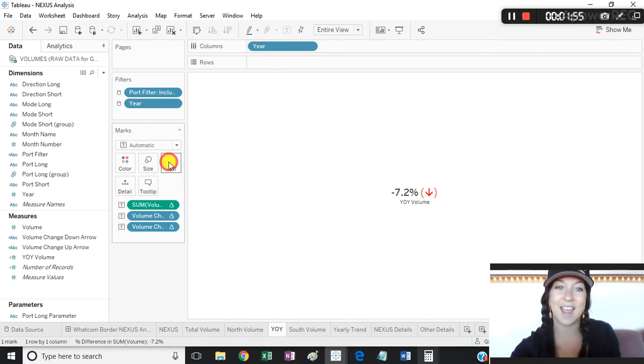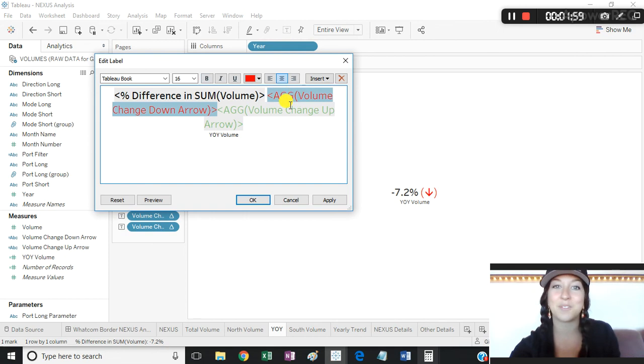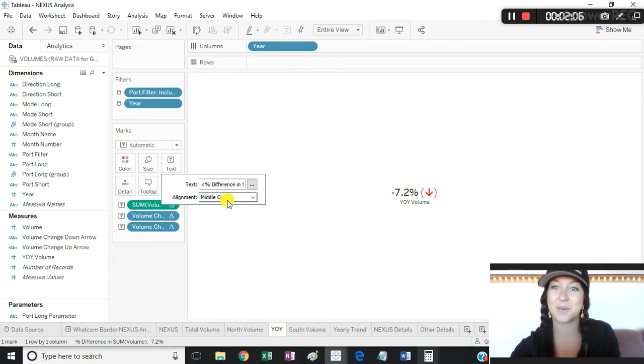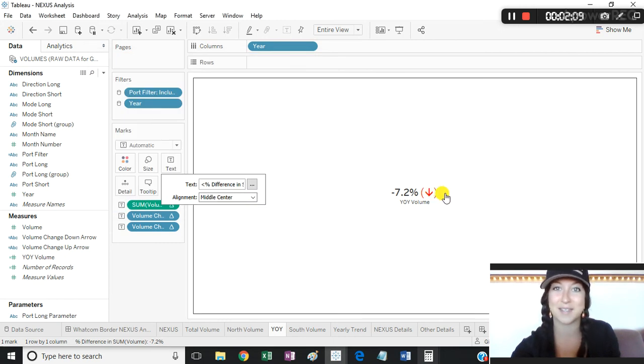Once I've done that, I can click on my text mark and go into edit, and I'm going to add both of them directly after the metric in question. I can format them and color them as I would like, press OK, and I have the correct arrow based on the logic